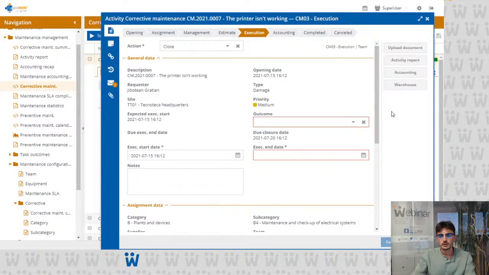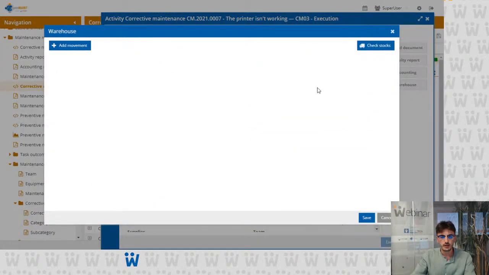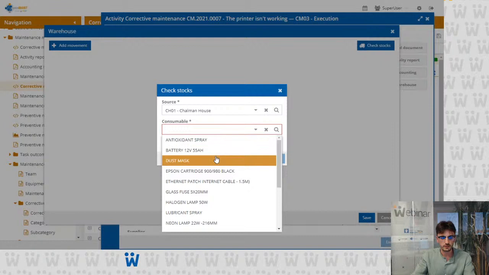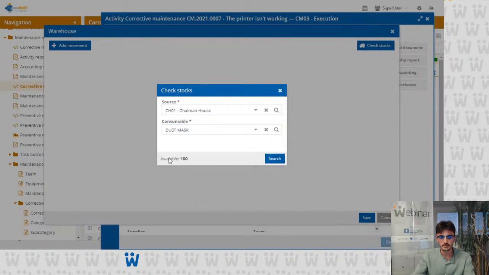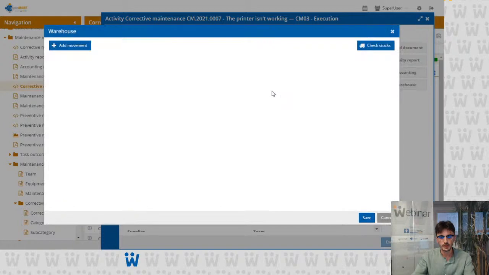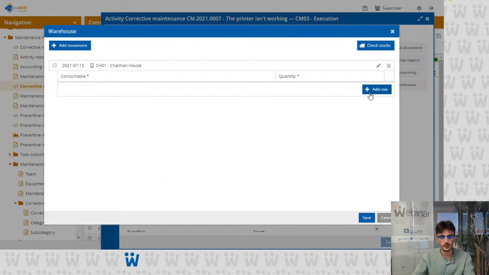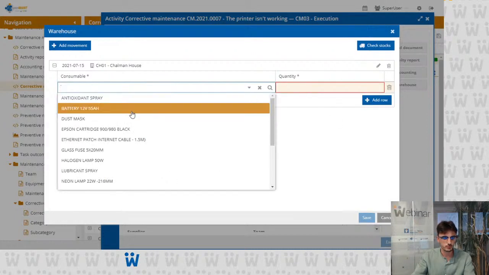Okay. The warehouse widget allows us to keep track of the consumables used in the process. There is also a button that allows us to check if the consumable is in stock. So for example, I'm going to choose Chalma House and check if there are dust masks. I can see there are 100 available, and I can go on and add a new movement. The date is automatically filled with today, and the source can be chosen. I'm going to add that I used 1 mask